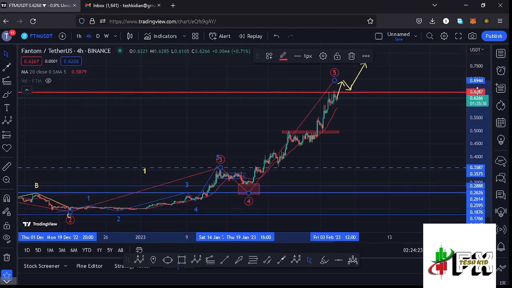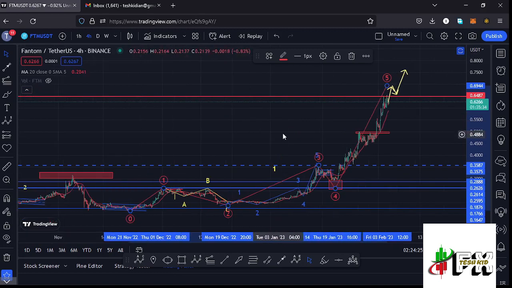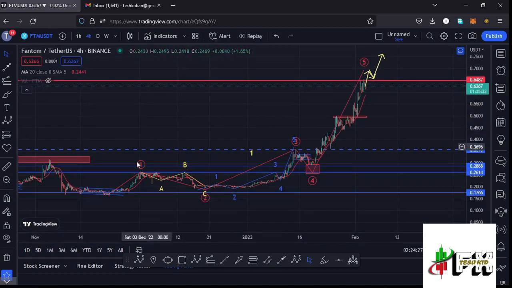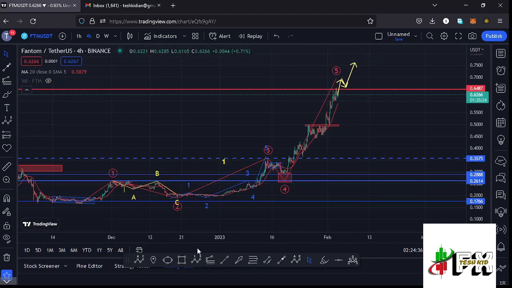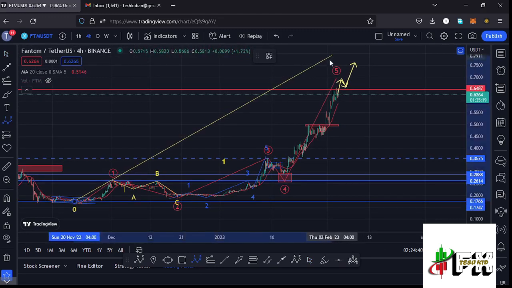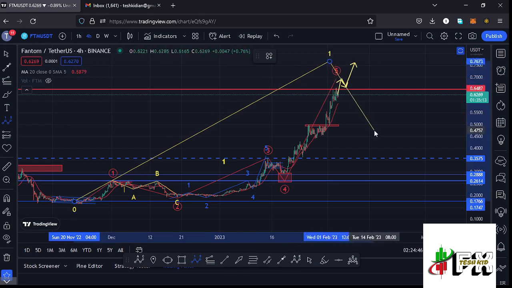And the reason as to why I'm saying we might see a bit of a retracement is because I believe Fantom has now completed a 5-wave structure to the upside. And after seeing this 5-wave structure to the upside, I now believe that Fantom has completed an even larger Elliott wave count 1 to the upside. And after seeing the formation of a larger Elliott wave count 1, whatever we expect next is a bit of a corrective structure in the formation of a larger Elliott wave count 2 before we can expect a wave 3, then expect a wave 4, and then continue pushing even higher in the formation of that wave 5 to the